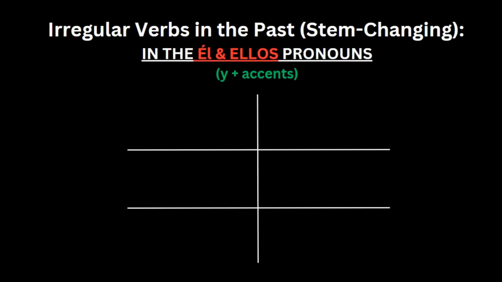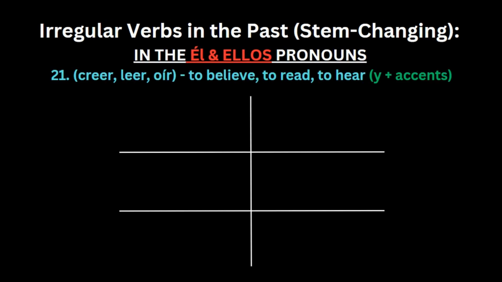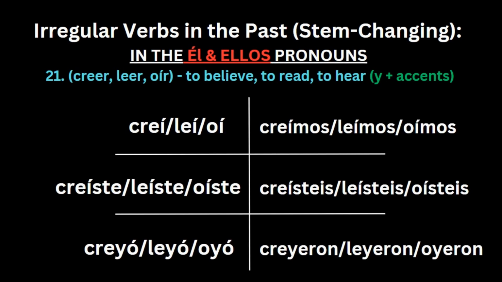The last category of stem-changing verbs are verbs that have the letter Y and also include accents in most of their pronouns in order to maintain the sound after having two vowels right next to each other. These can be verbs like creer, leer, and oír. And as you can see, they are the only verbs in Spanish that have two vowels right next to each other, so Spanish decides to put accents on some of their pronouns in the past simple in order to maintain